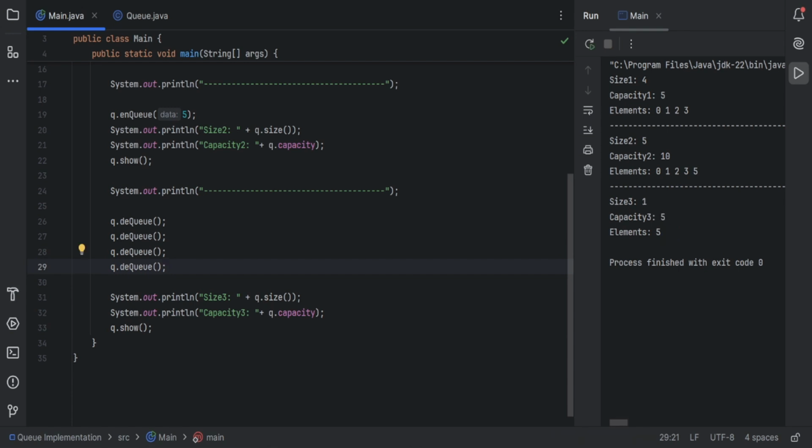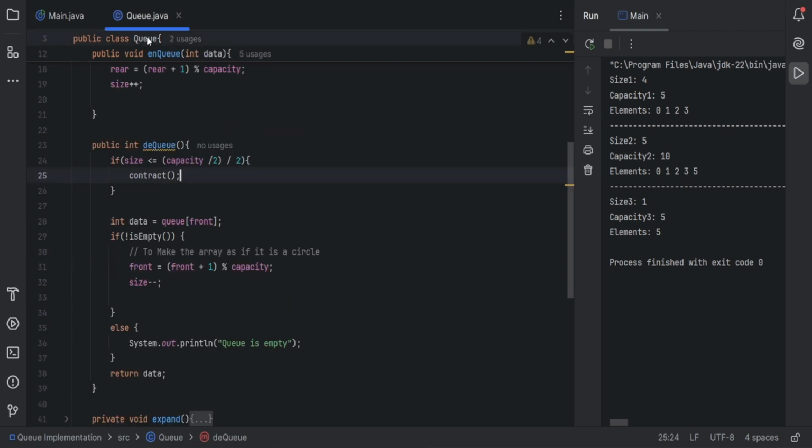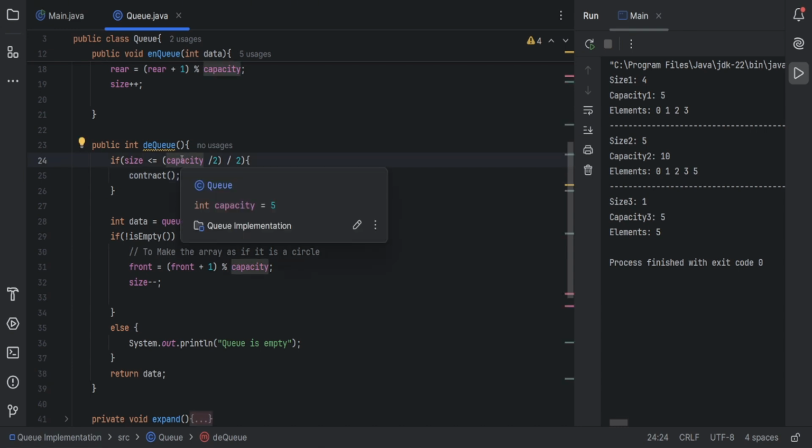Okay, now it works. I think just because I made the capacity an integer and the size an integer. So take it as if it is 2. So size should be equal to 2. That should be okay. I don't know. Anyway,